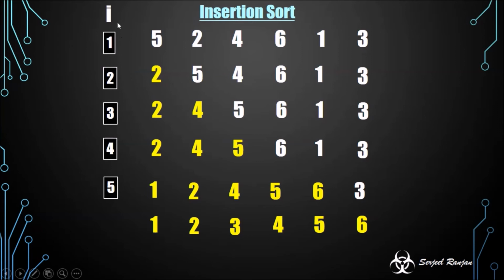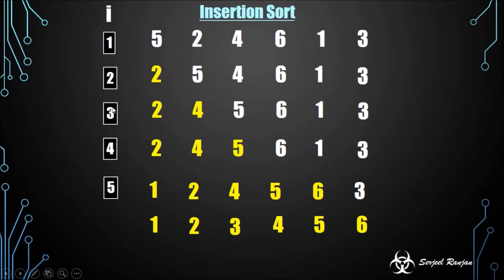Now in the second array, I value is 2, which means we are pointing to value 4. Now where should this 4 be kept on the left side? Our left array is having only two elements, 2 and 5, and 4 should be kept in between these two elements, because 4 is greater than 2 but less than 5. So as you can see on the next line, 4 came in between 2 and 5. So we successfully inserted the value 4 into its respective position.